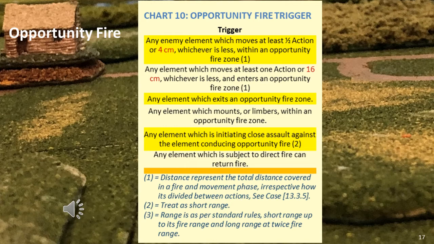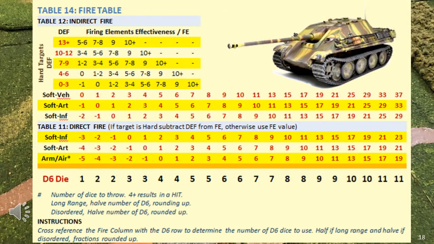If an element sees sufficient movement occurring within range of its weapons, it can conduct opportunity fire against that element. If an element is subject to direct fire, it can respond and conduct fire combat against the element firing at it. This keeps the opposing player involved even when that player may not be the phasing player. Fire combat is the most complex aspect of the rules, and all types of fire combat are dealt with in